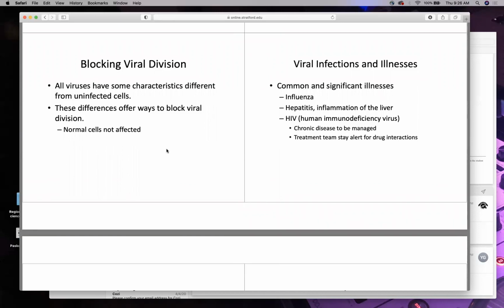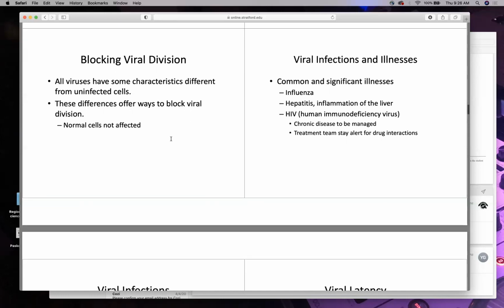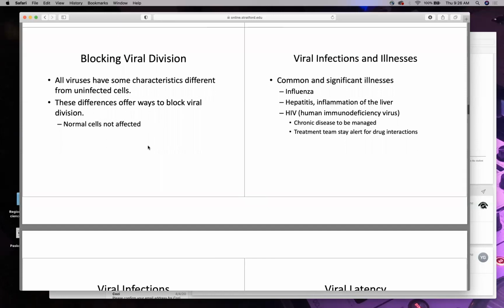And if you recall my anatomy and physiology, COVID isn't the only virus that can kill you. By the way, influenza A in 2020 killed 240,000 people. But the news about COVID outweighed that, right? So it's something to think about when you're looking at data, when you're looking at the news, because that affects how your patient views a lot of your therapy and views you as a medical professional.